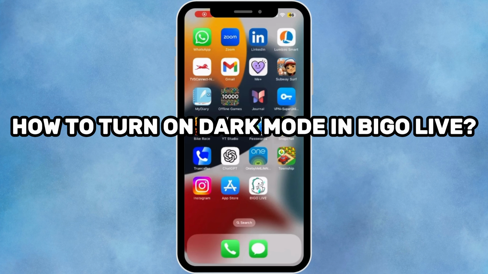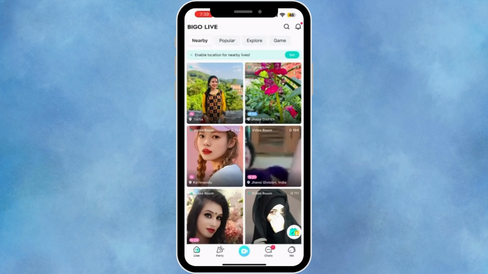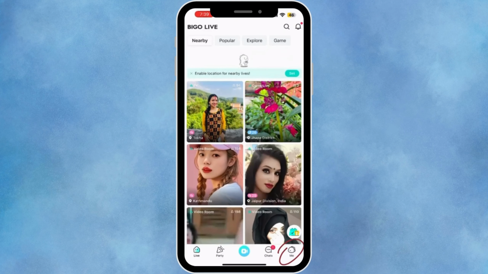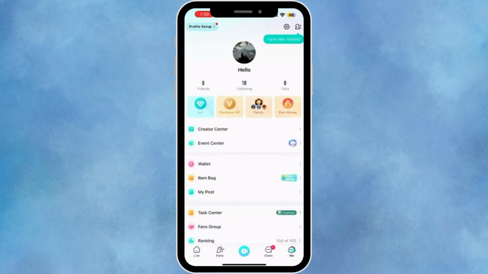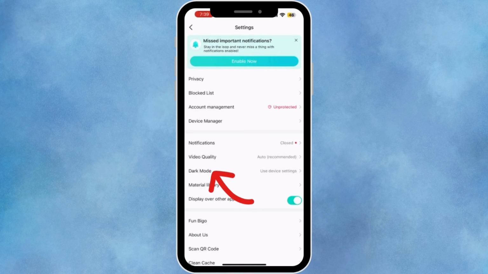How to turn on dark mode in Bigo Live. Launch Bigo Live. Tap your profile icon at the bottom right. Tap the Settings gear icon. Look for dark mode. Tap it